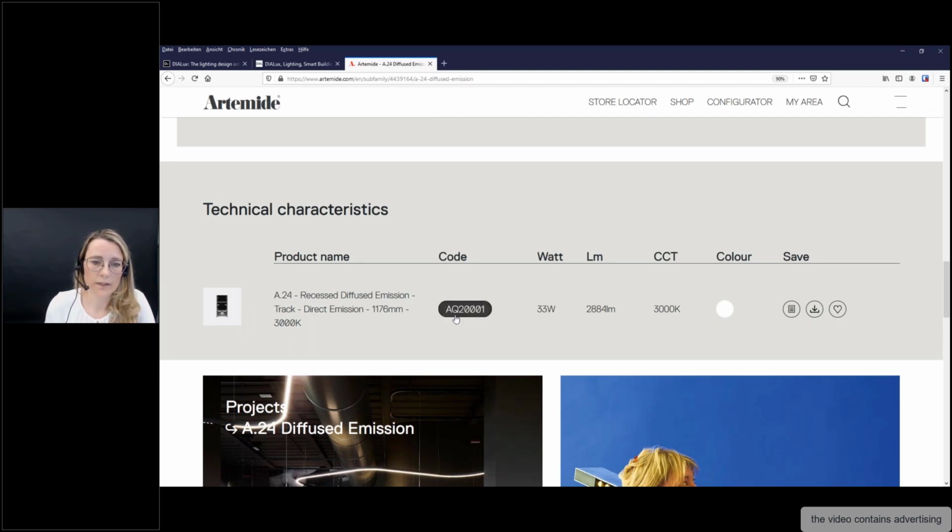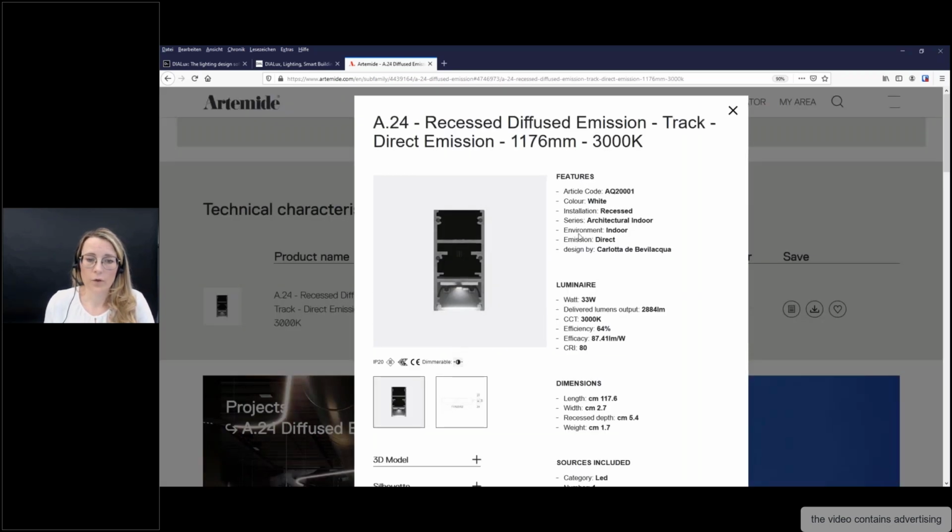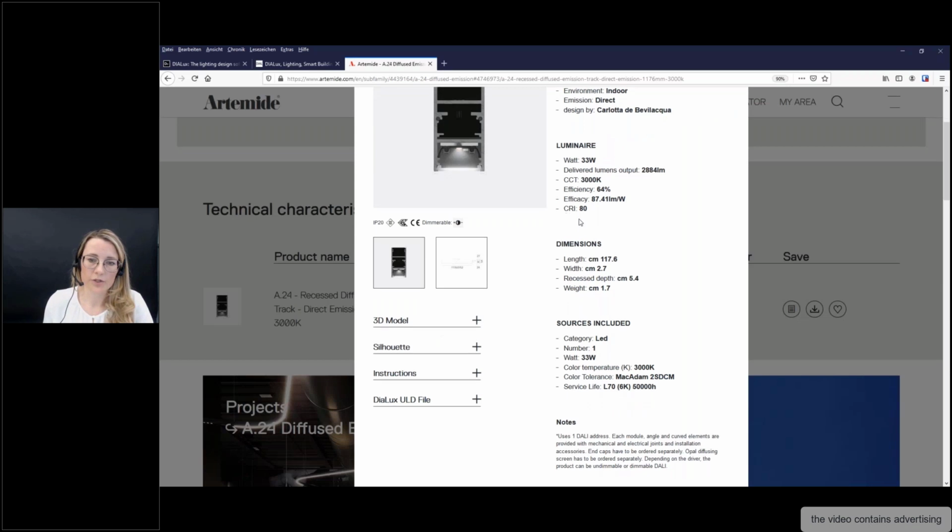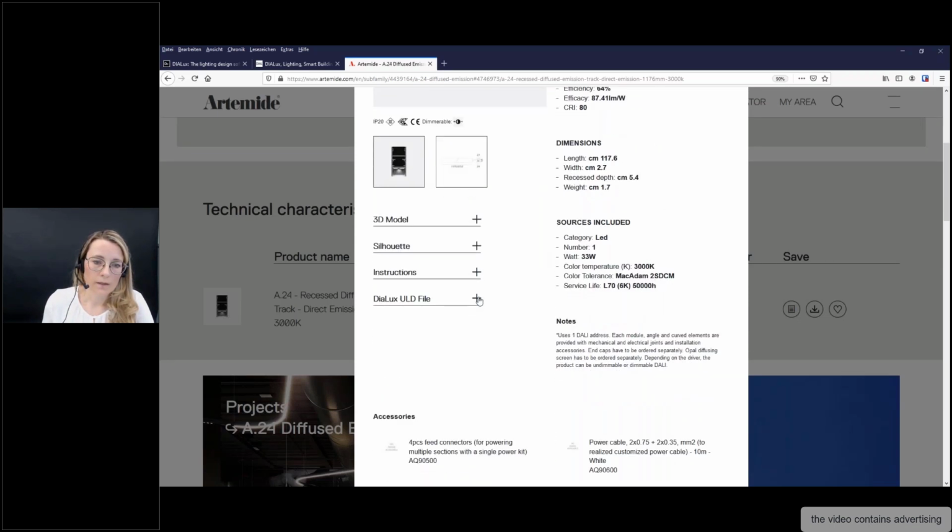So I have only one. You can, if you like, download the data sheet. You can get a zip file with all information about the products, or you can mark it as a favorite. When you are registered, then you can have a list there. I click on the code, get more information to check it, and then we can go here to the ULD file. That's perfect to use